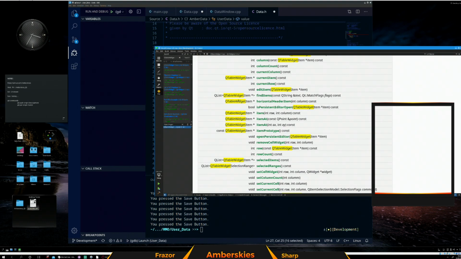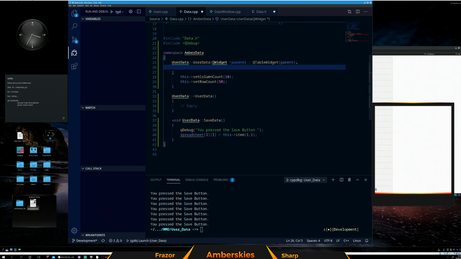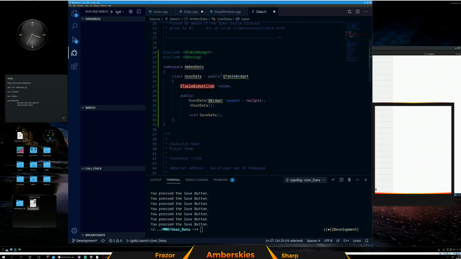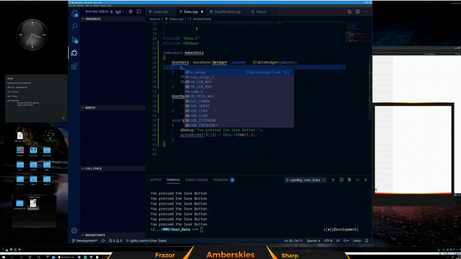Alright, let's try this then. Comma, and it would be... oh. Let's get it right, shall we? Underscore value. Let's start doing things right now. And I will have a tab. Underscore value